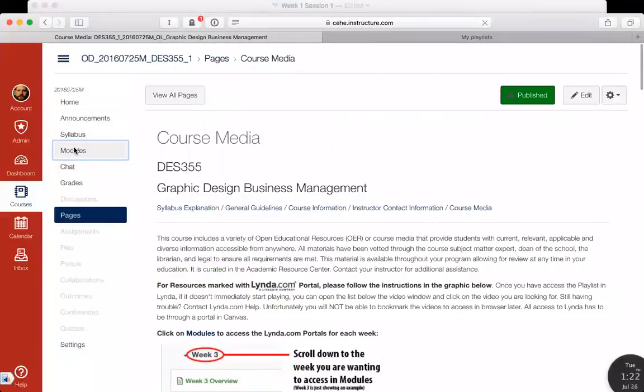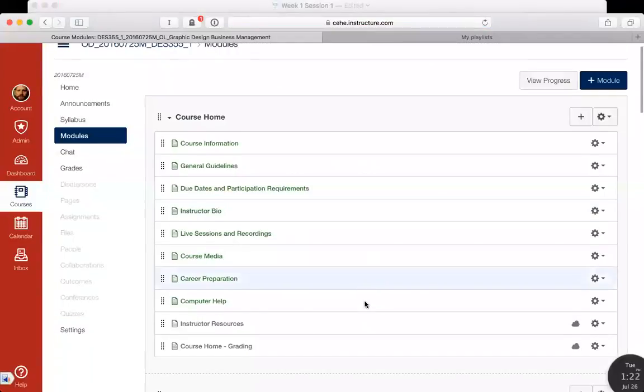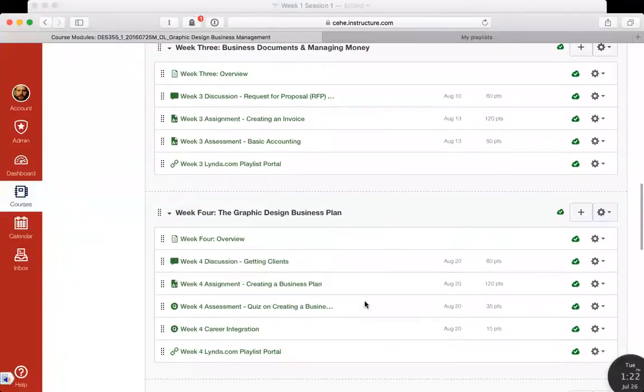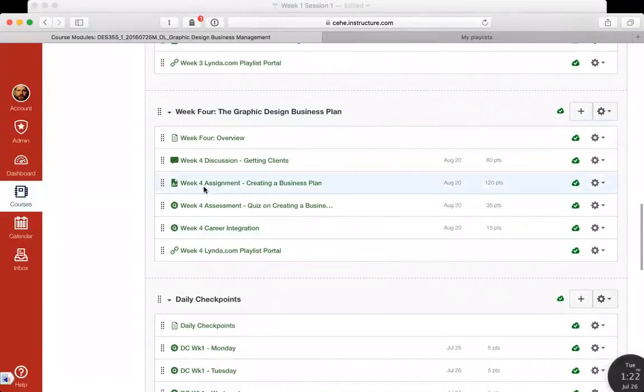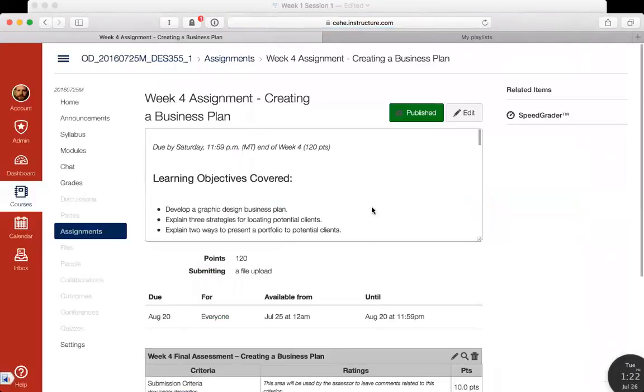In week 4, if we go to the module for week 4 and come down here, you are going to be doing this assignment, which is creating a business plan. And then you've also got a quiz that week on the information for creating a business plan. So if you go in here,